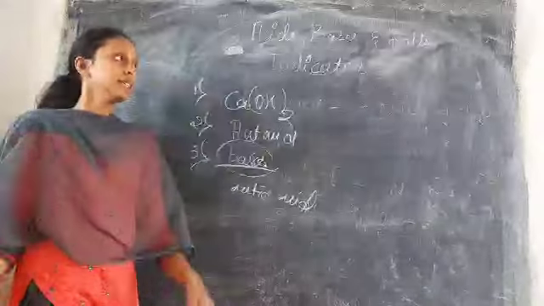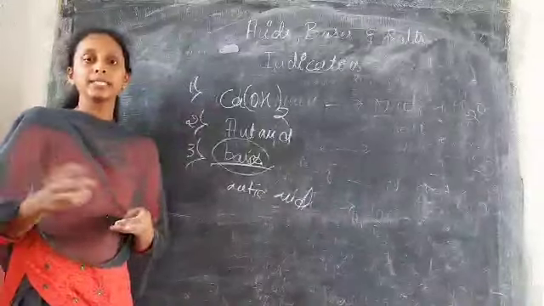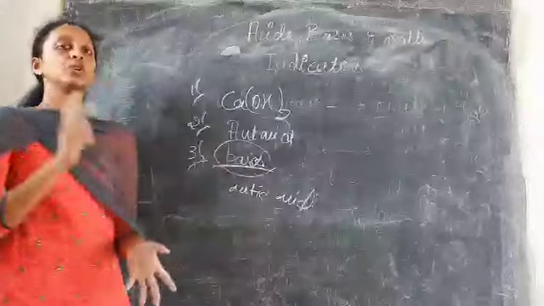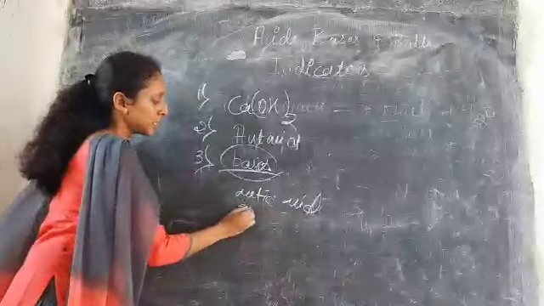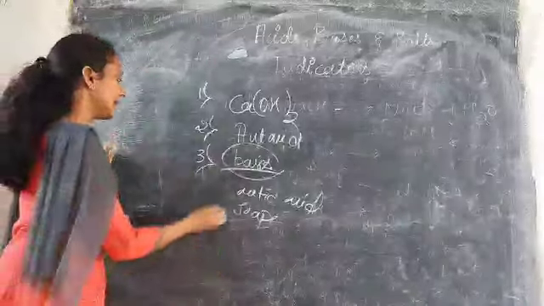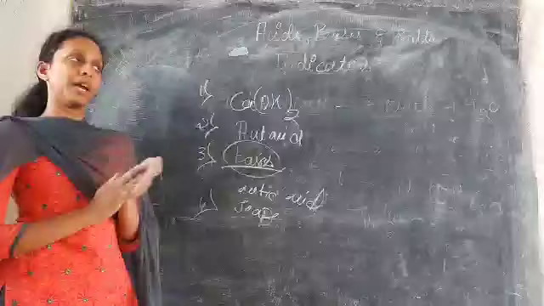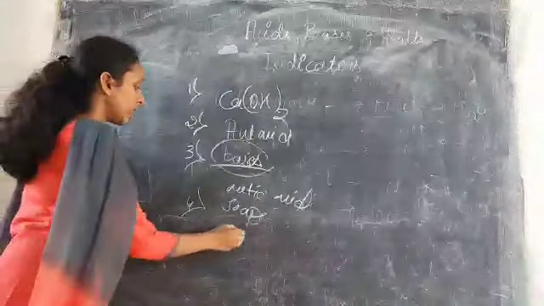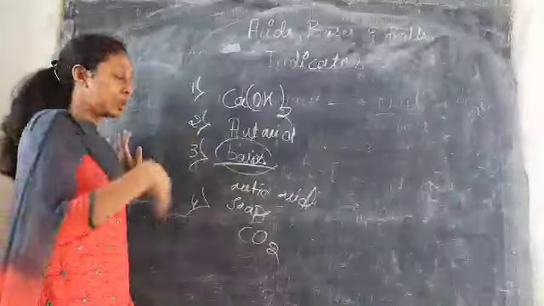The next one is, we already know ants. Ants have formic acid. If the ants bite us, it will be painful. To neutralize that formic acid, we take soaps, which are bases, to clean the affected area. So that is one of the applications. The next application is by astronauts. In spaceships, they usually have bases, because if there is a huge amount of carbon dioxide, they will not be able to respire.